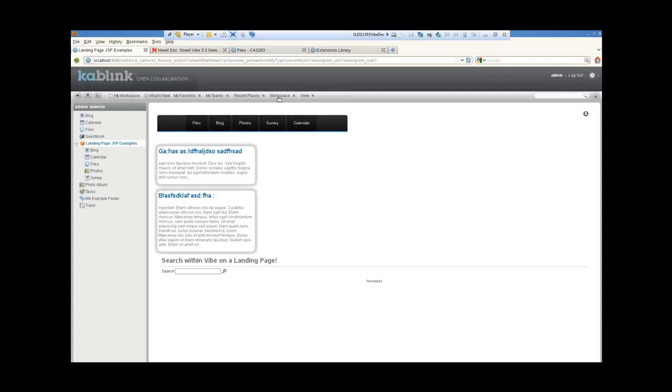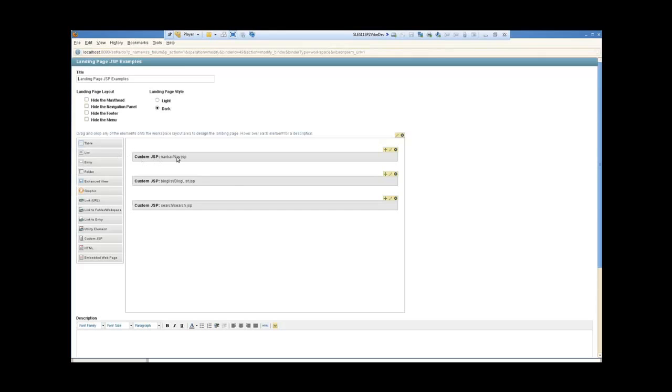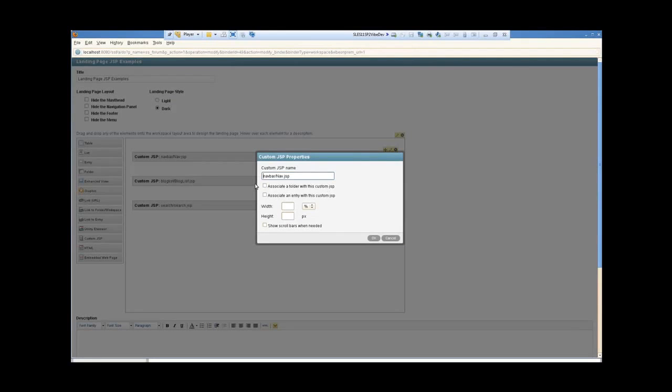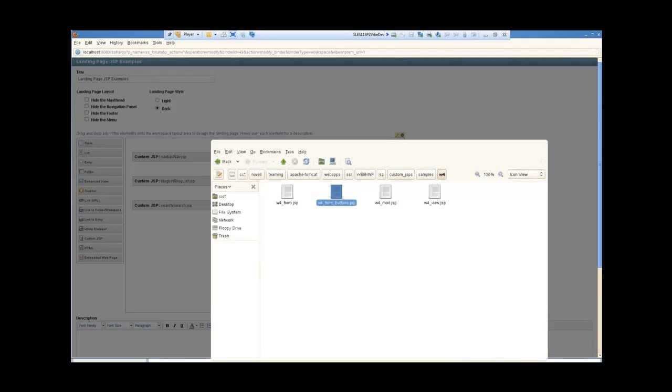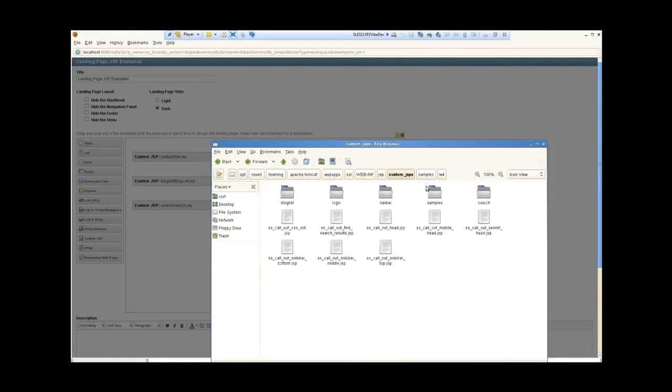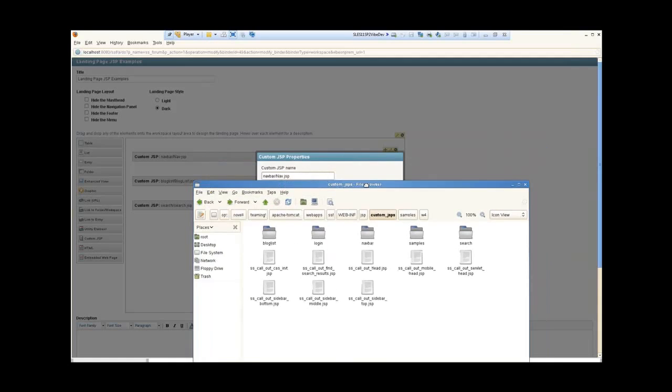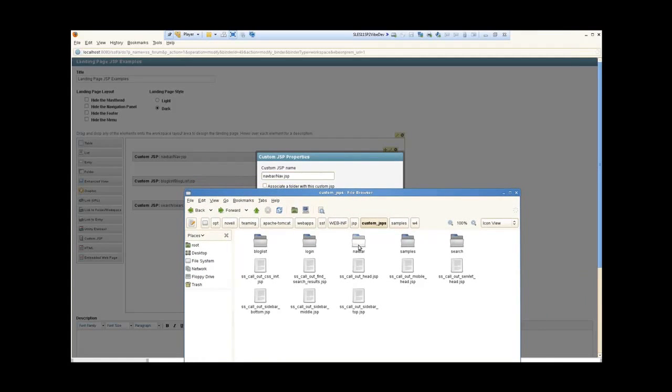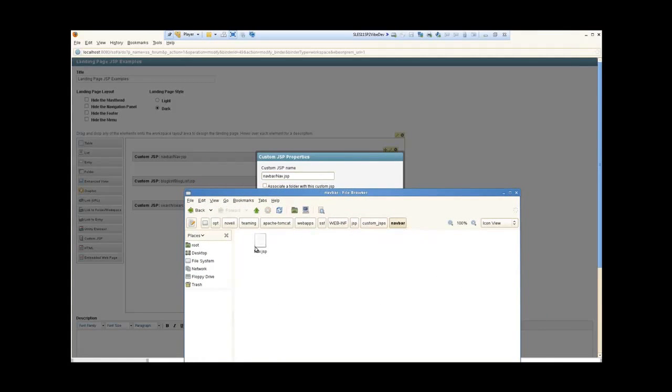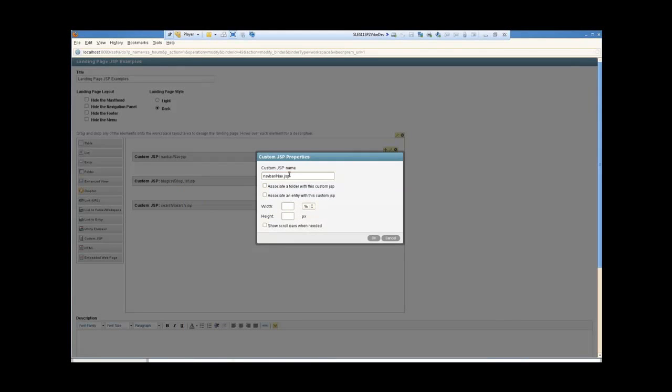In this case, I'll just go in quickly to show you the landing page builder and how those were added. So again, incredibly simplistic. The first one was a nav.jsp. We'll go into our modify. All I did here is I specified its location. So in this case, let's back up into the custom JSPs folder. I added a subfolder called navbar, and inside of navbar is nav.jsp. And so that's how I added it here, just as